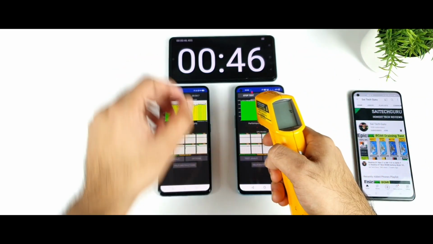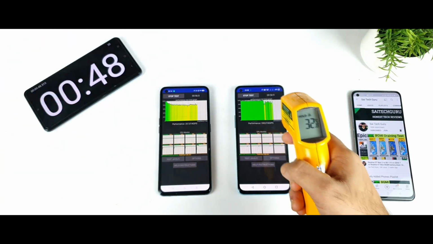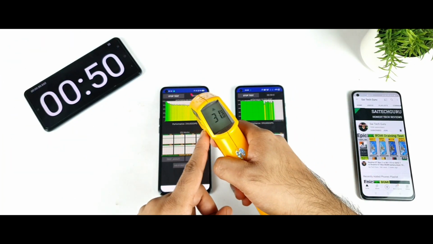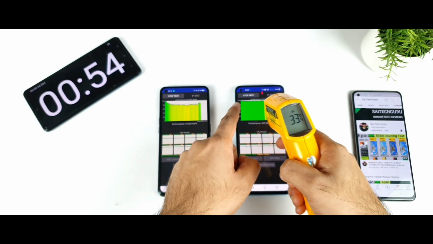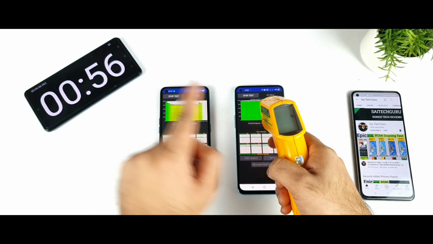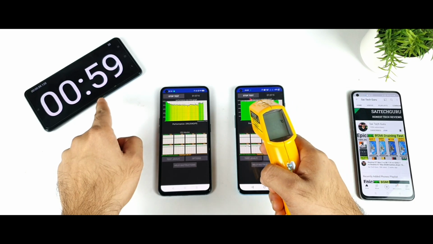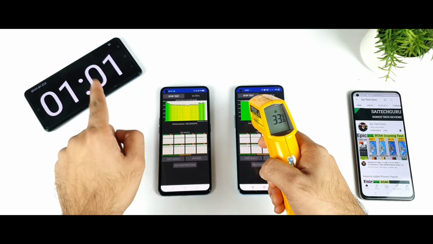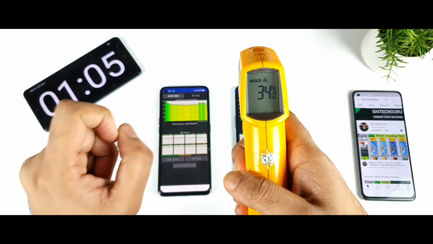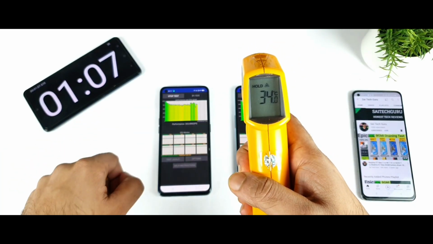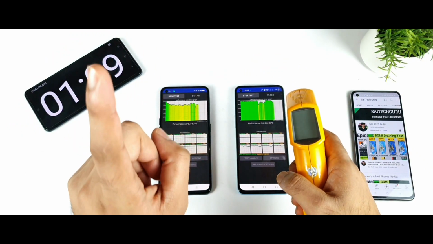So you should definitely understand. Let me keep it aside. And the temperatures, try to observe 31 degrees, okay? The Realme X1 Max, 31.4. Look at the OnePlus Nord 2, it reached 33 degrees Celsius within close to 1 minute. As you can see, friends, in 1 minute the temperature increased to 34 degrees. Starting with 29 degrees and now it's 34. So 5 degrees increased in just 1 minute.